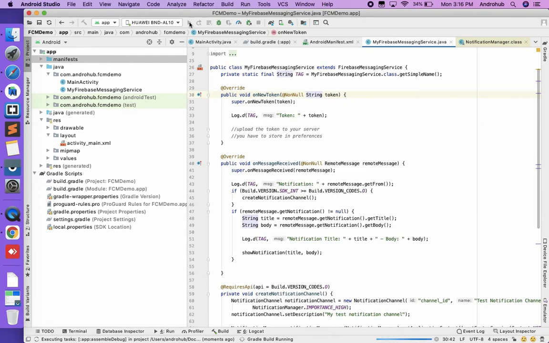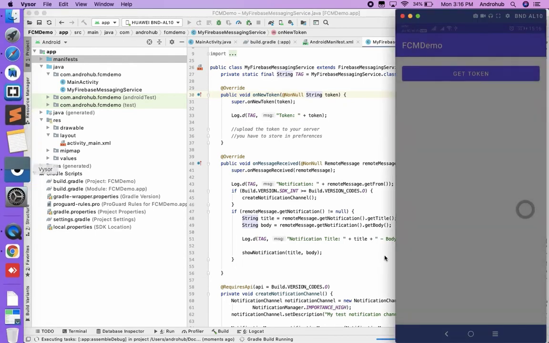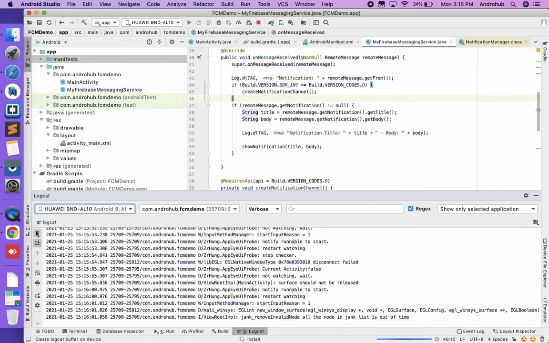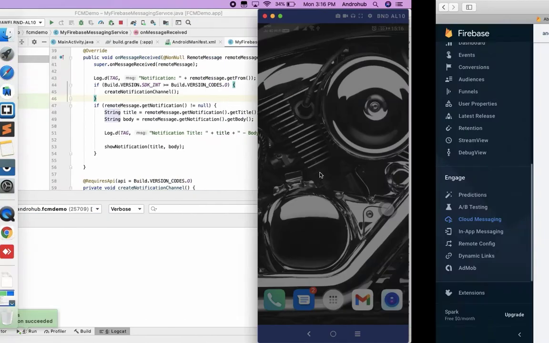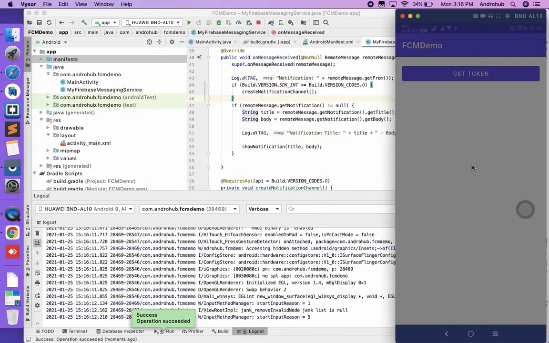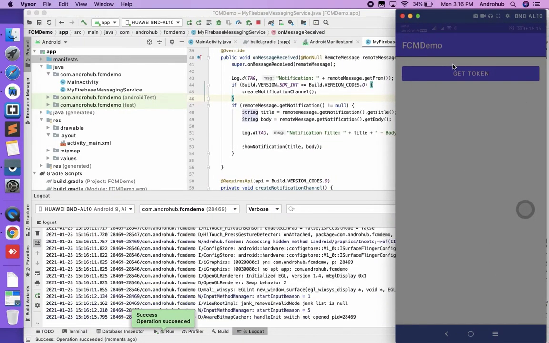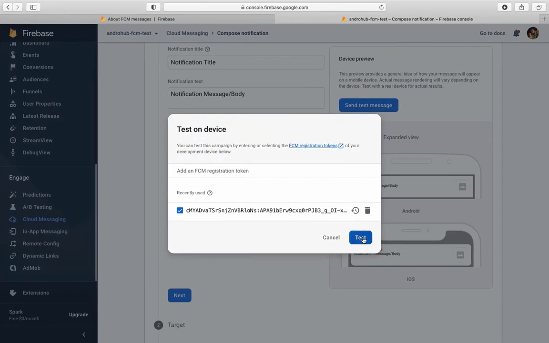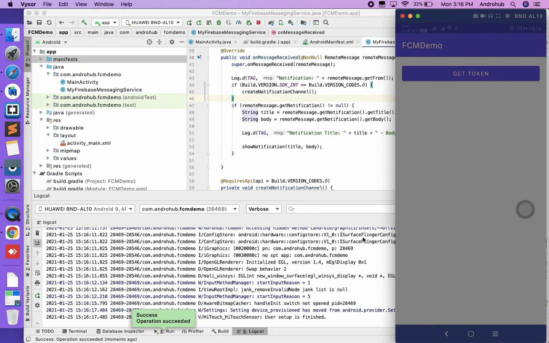Now let's run my project and let's see. Let's display the logcat. Okay, my app is running. Let's trigger the notification.